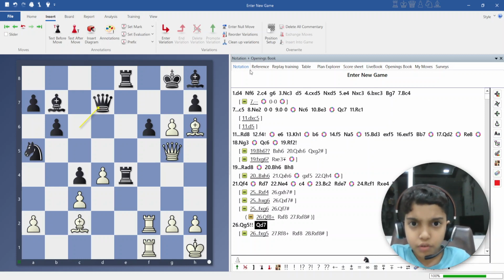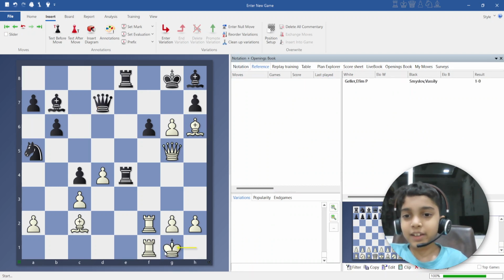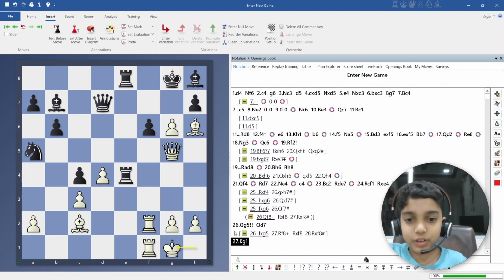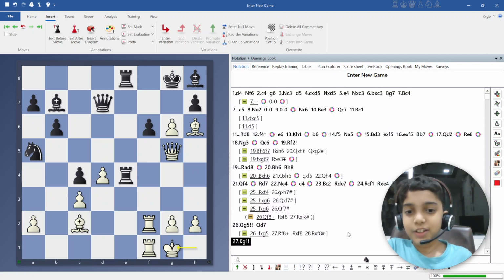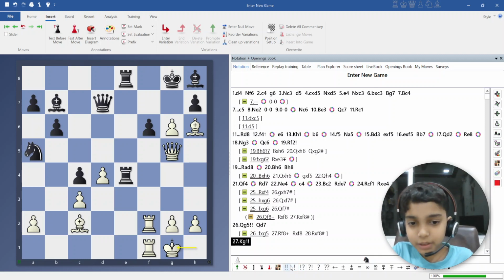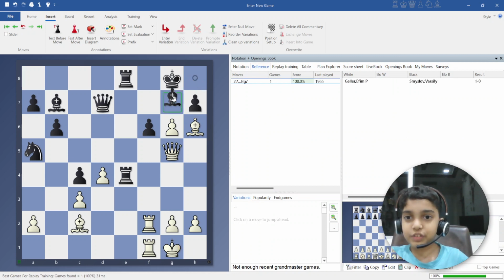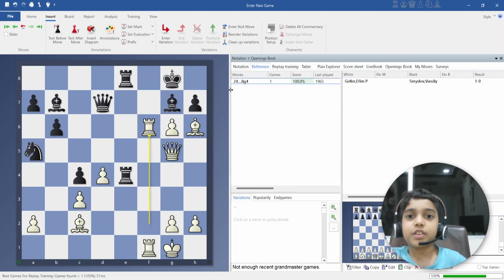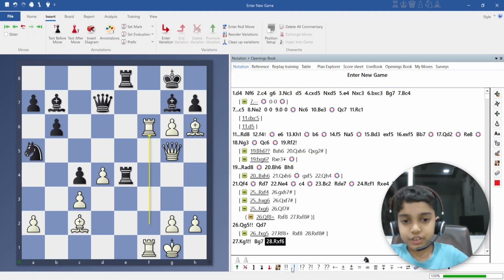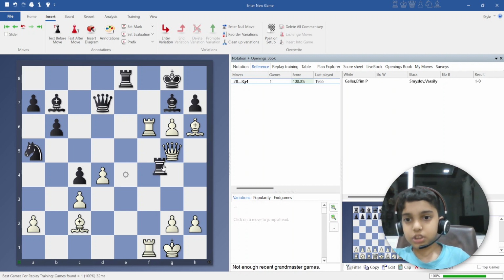It's quite misguiding how. But now Geller just played king to g1. Amazing move. Amazing. So now Geller just leaves the queen hanging and plays king to g1. Well, nice. Now bishop to g7, and now rook into f6, which is another amazing move. So now rook to g4,